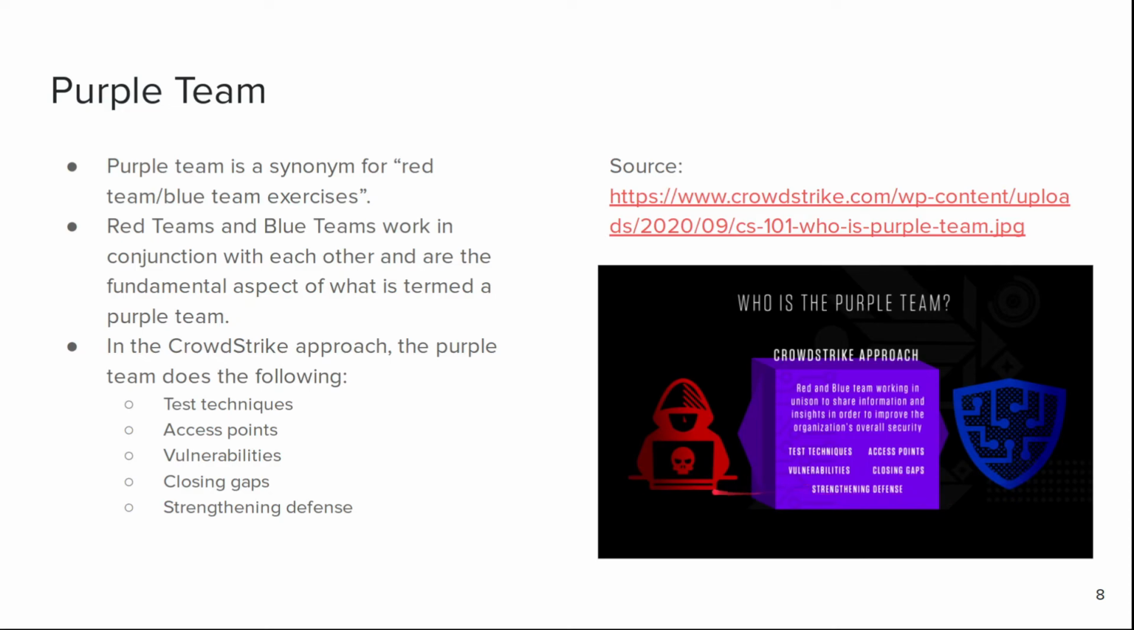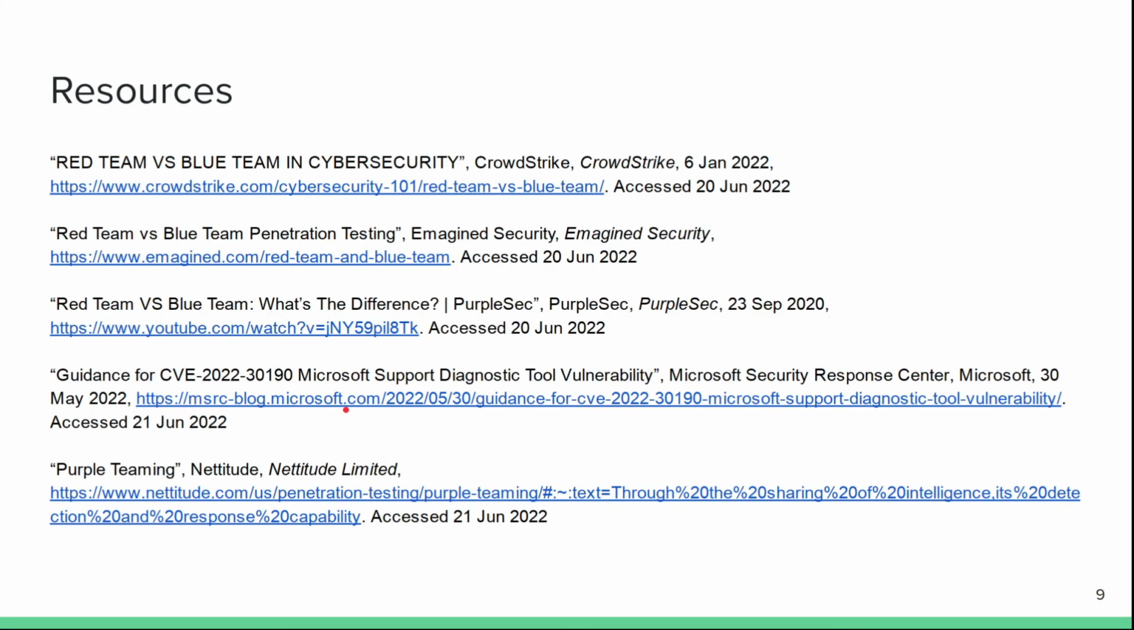By incorporating these two sides of the purple team, you get the red team and blue team together, and you can solve these problems that organizations face. And so there you have it for the resources that I had to research on this topic for red team versus blue